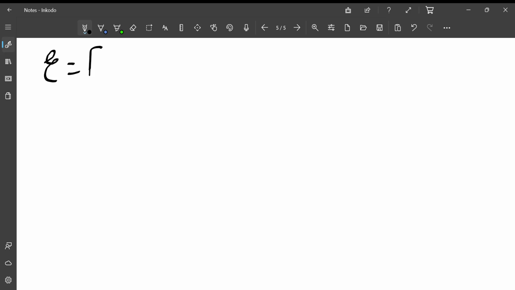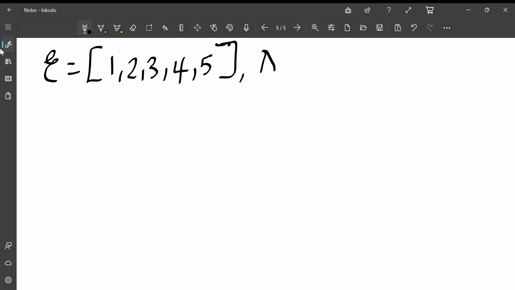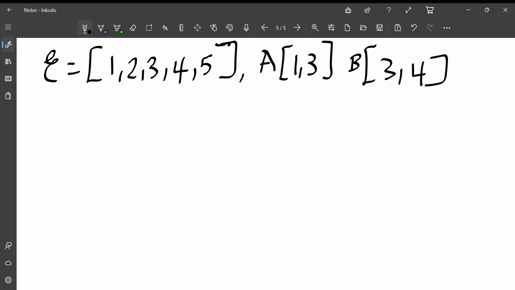Let's say you are given a universal set which has these elements, and then you have a set A, which is a subset of the universal set and has these elements, and then you have set B, which is also a subset of the universal set and has these, and you are told to find